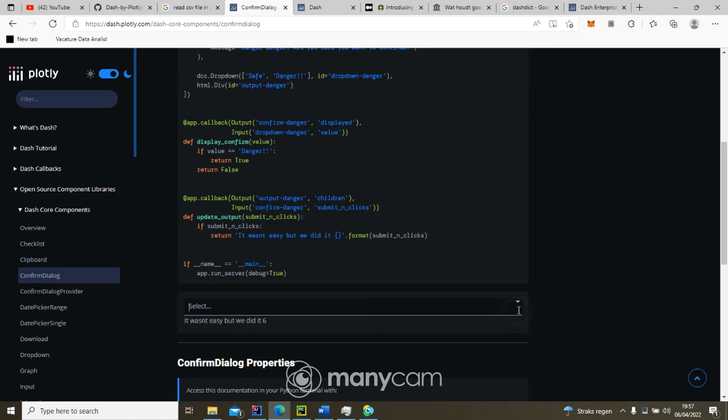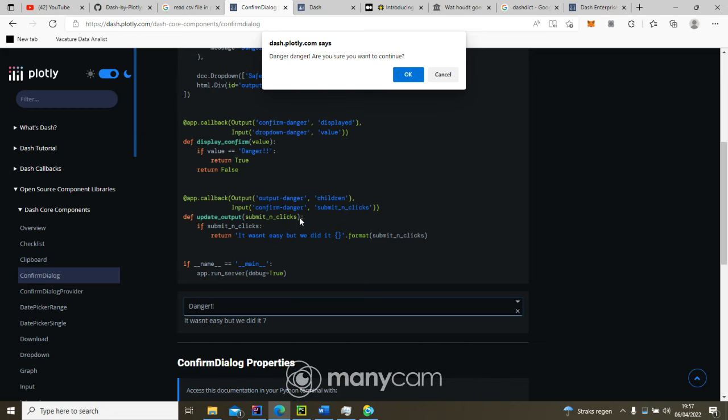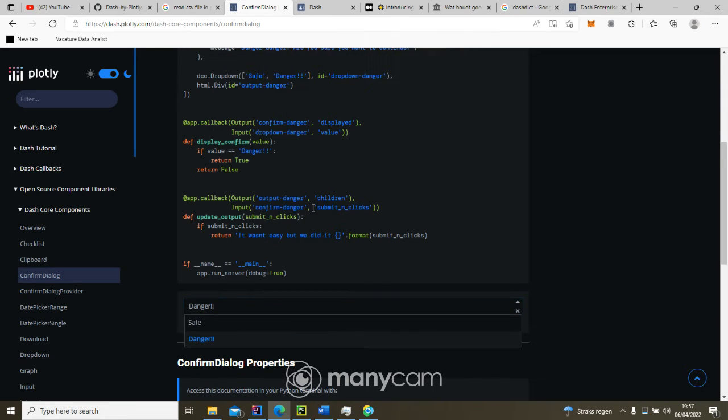Okay, take a look here. Here is danger. I say here safe, and it's safe. But it says here, if it's danger, return true. And now if I select danger, I get the confirmation box. Because here we have a method, a function, that accepts one parameter. What is the parameter? Submit and click. What is input? This is input. What I click there goes here. For example, if I choose danger here, it comes to def update output, and danger comes here as input. Okay,